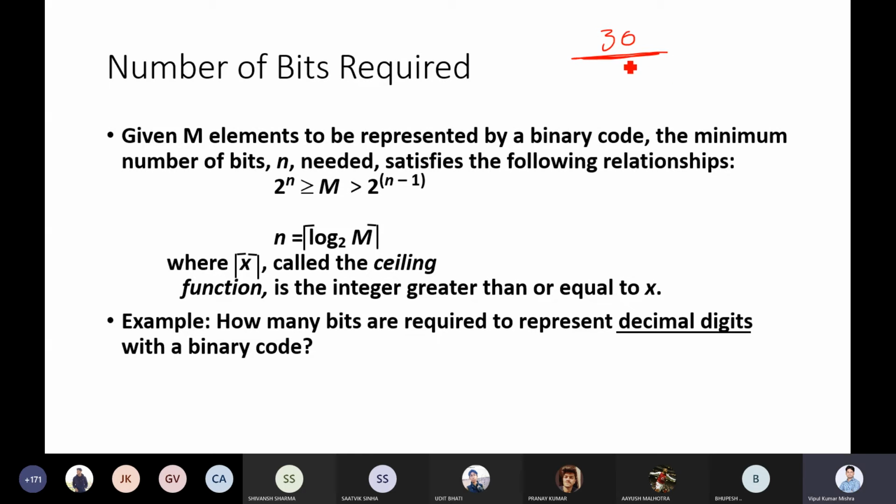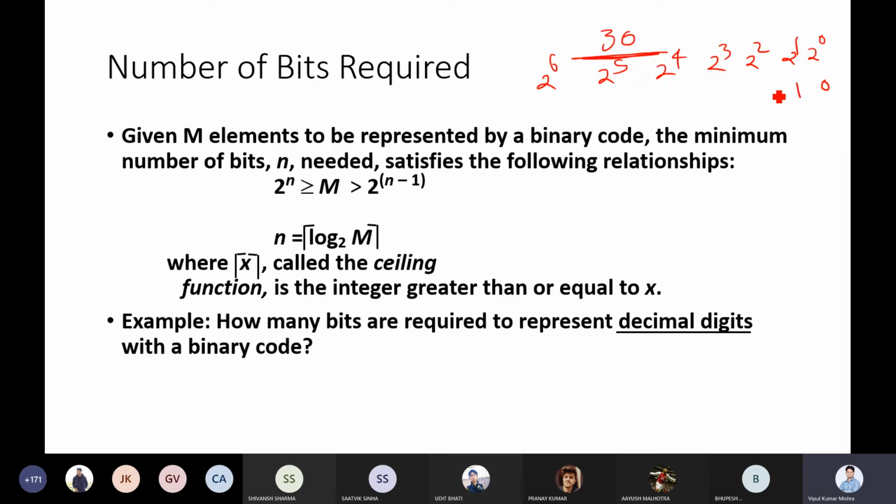Okay. So yes, definitely you are saying you have to look into the 2 to the powers, and whatever the closest number is coming, in which bracket is coming, based on that you will decide how many bits required, right? So once you say 2 to the powers, let me write it: 2 to the power 0, then 2 to the power 1, 2 to the power 2, 2 to the power 3, 2 to the power 4, let's say 2 to the power 5, power 6. Let me go up to this, later you can easily understand.